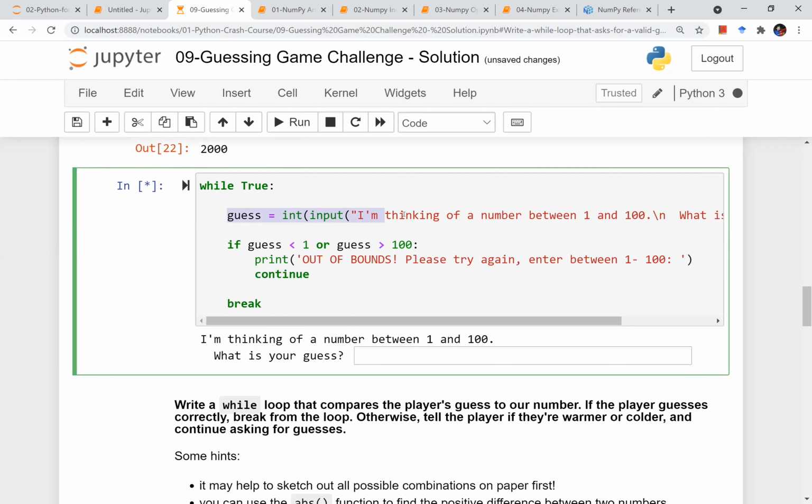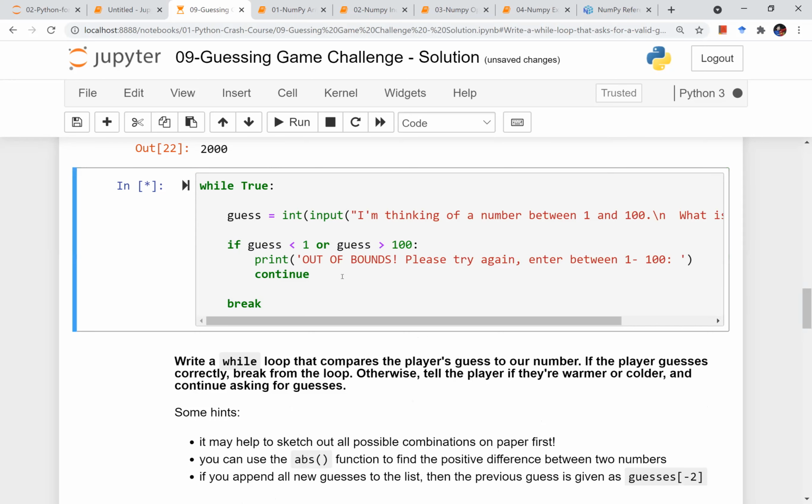You ask this question, right? And if this condition is not there, then you break. If this is true, then you can't come out of this; you break the loop. That means keep asking for a number, and if the number is out of bounds, you say please try again. And once it is in, if it does not go in this loop, then it will go to break, right? The code flow is like that. While true, do this thing and check this condition. If it is not true, then break it. If it is true, then you continue the loop. This is the meaning of this thing.